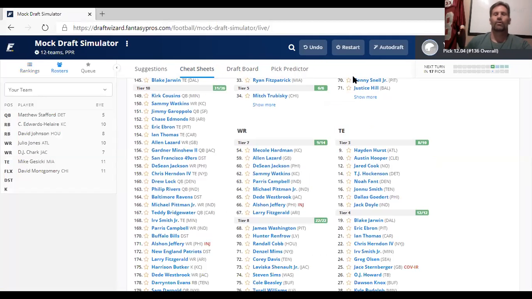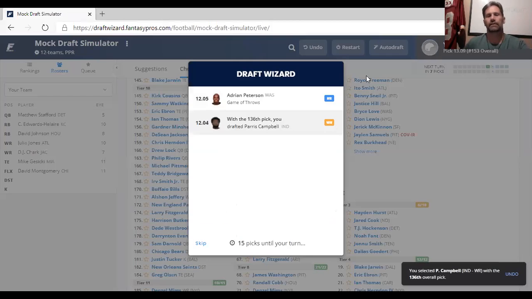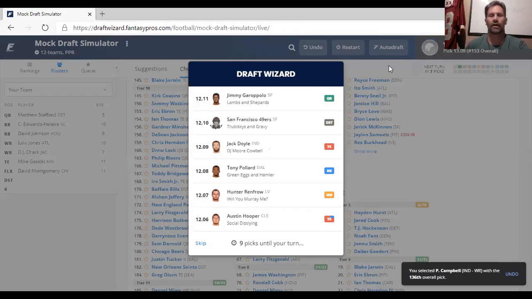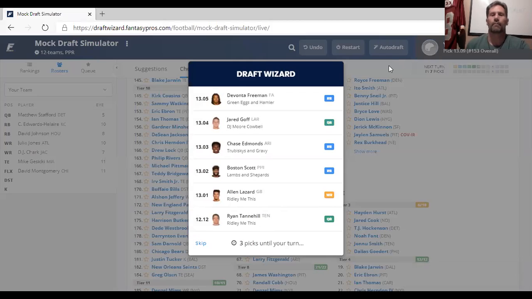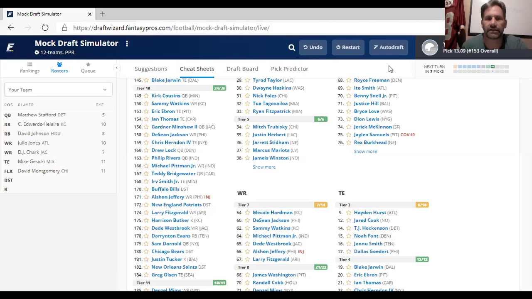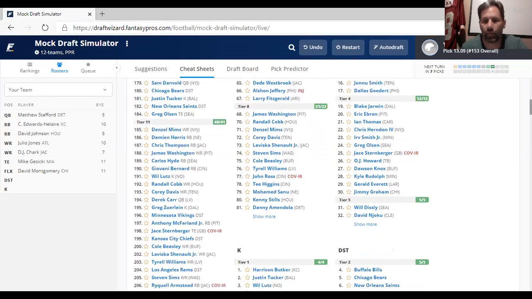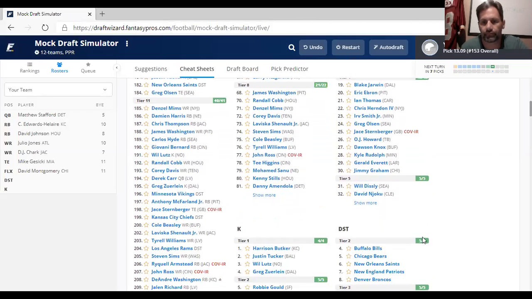I like Paris Campbell because we've already seen T.Y. Hilton. We lost it on T.Y. pick, but T.Y. Hilton already has issues with his hamstring. So he's had soft tissue issues before, and he's having them yet again.